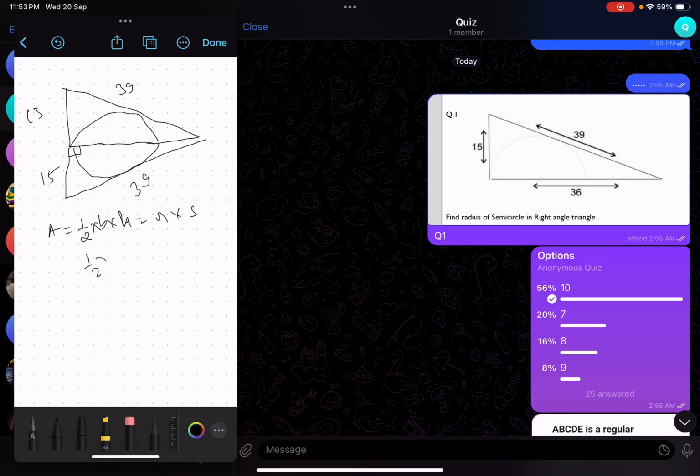So half of base, height, I'll be using this. It is 36. Base will be 15 plus 15, 30. Height will be 36, and inradius will be r, that you have to find. Semi perimeter will be 39 plus 39 plus 30 by 2. So I can write it as 30 by 2 plus 39, so this I can write as 15 plus 39. So half of this gets cancelled, right? I'll write it as 15 into 36 divided by 15 plus 39.